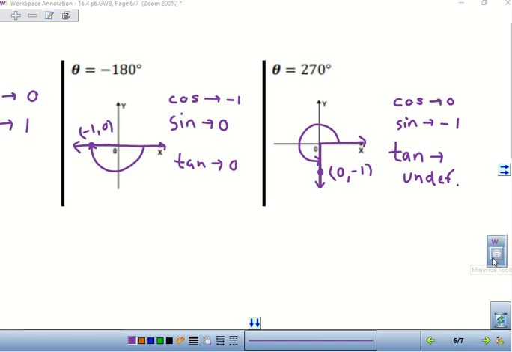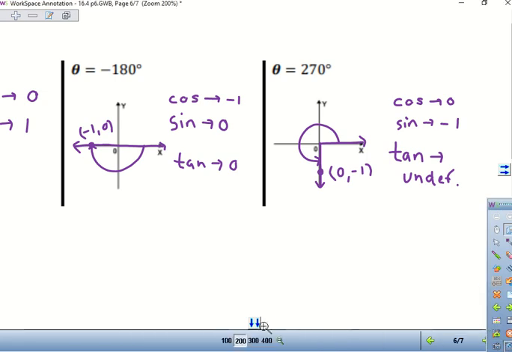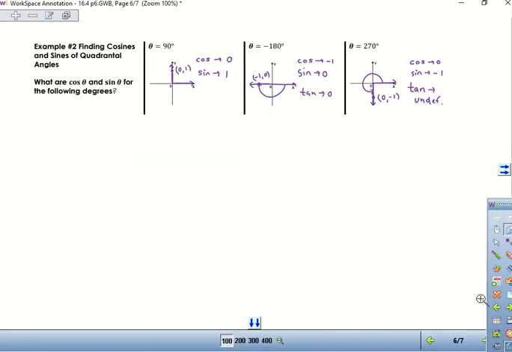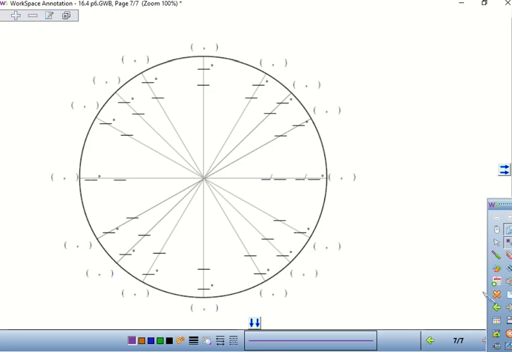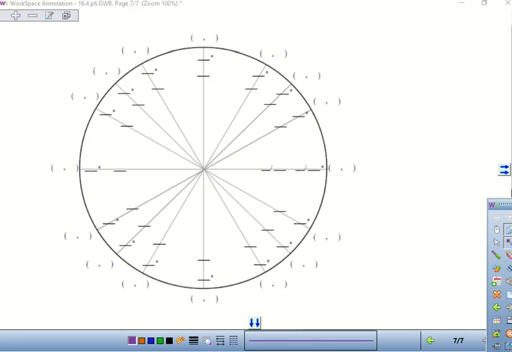So your last task of the day, other than if you want to start your homework early, I want you to try to fill out this unit circle as much as you can without looking at your pink sheet. Okay, I'm not going to test you on that or anything, but your goal right now is to do that because you are going to have to do that on your quest, and we are